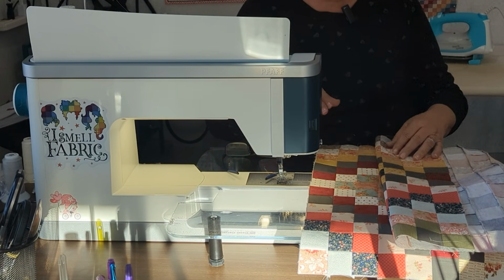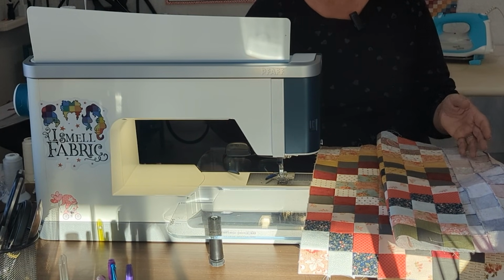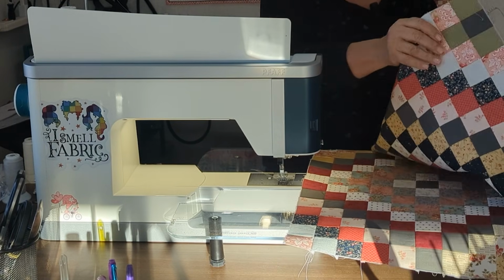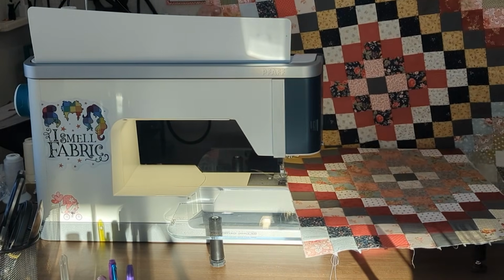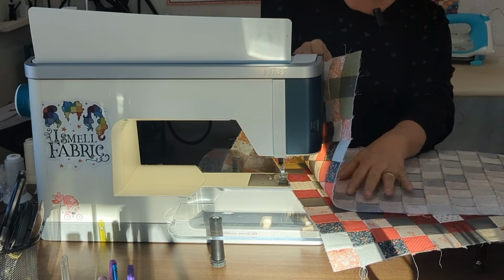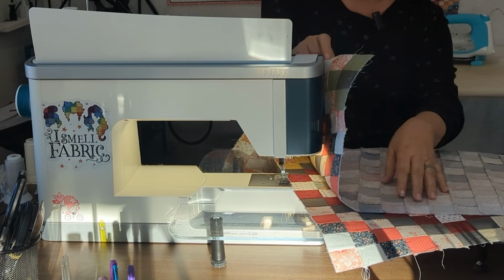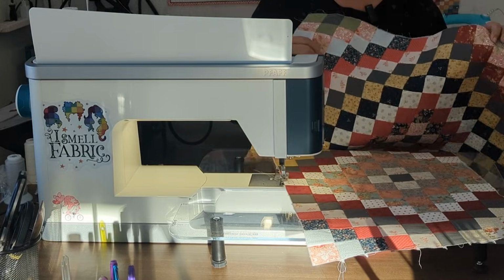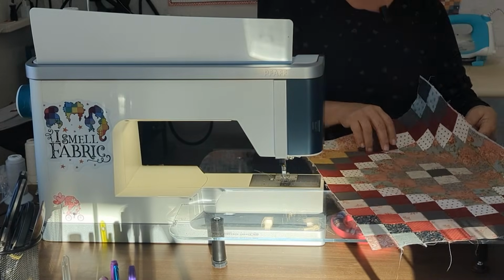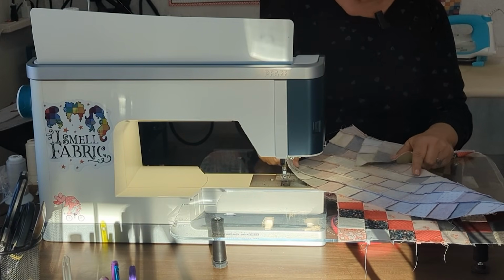I just want to show you a little demo on sewing these easy piecing panels together. And so I want to show you that I've got two sections that are all sewn up. This one is actually two panels, and I have fused these two panels together while I was ironing the squares down. And so this is just one section. And then this is one completed panel. So those seams are sewn in both directions. Just as a quick little